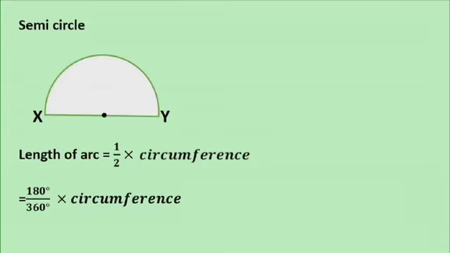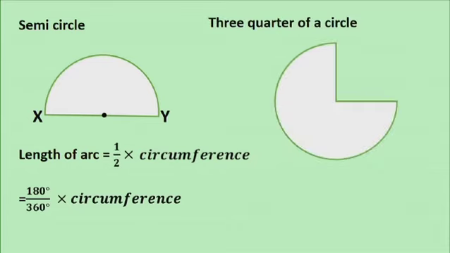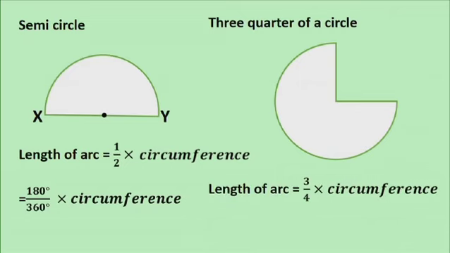Here, the angle subtended at the center is 180 degrees. 3/4 of a circle. The length of arc is equal to 3/4 multiplied by circumference, or 270 degrees divided by 360 degrees multiplied by